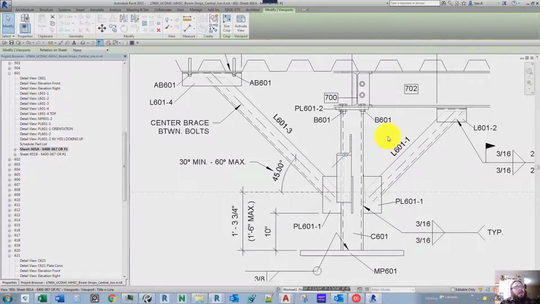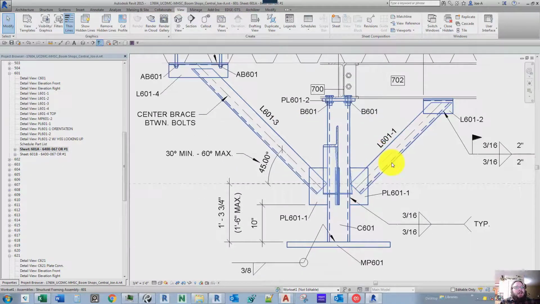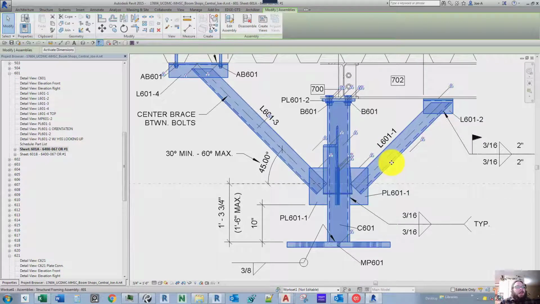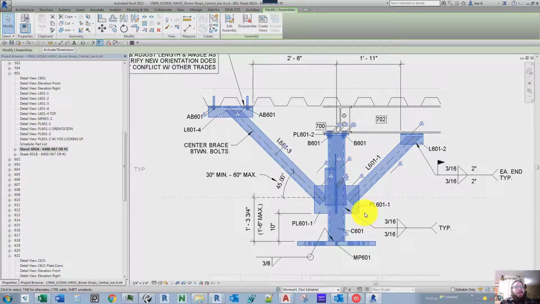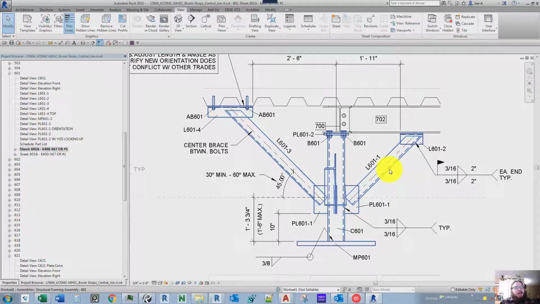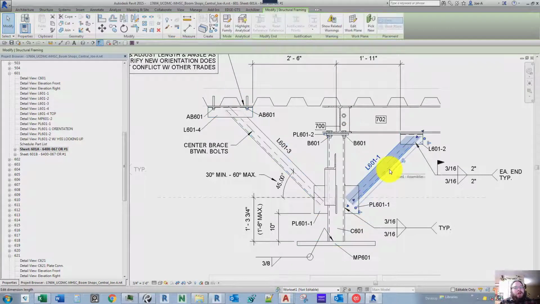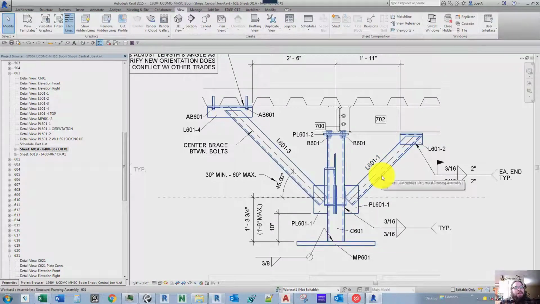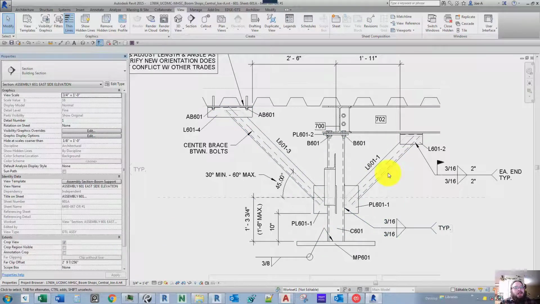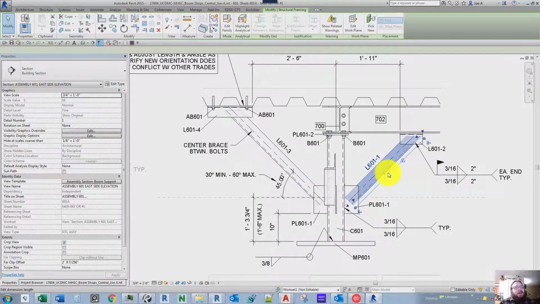But you can see I was able to model, actually, I created this family, this boom family. This is something that you'll have to do manually sometimes to create booms or different things from Revit families, so that you can get all the information you need. And so in this boom,